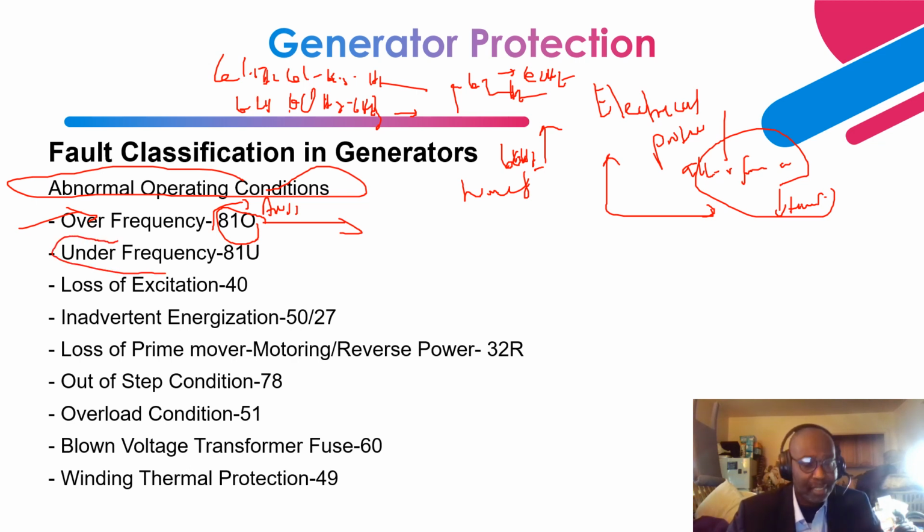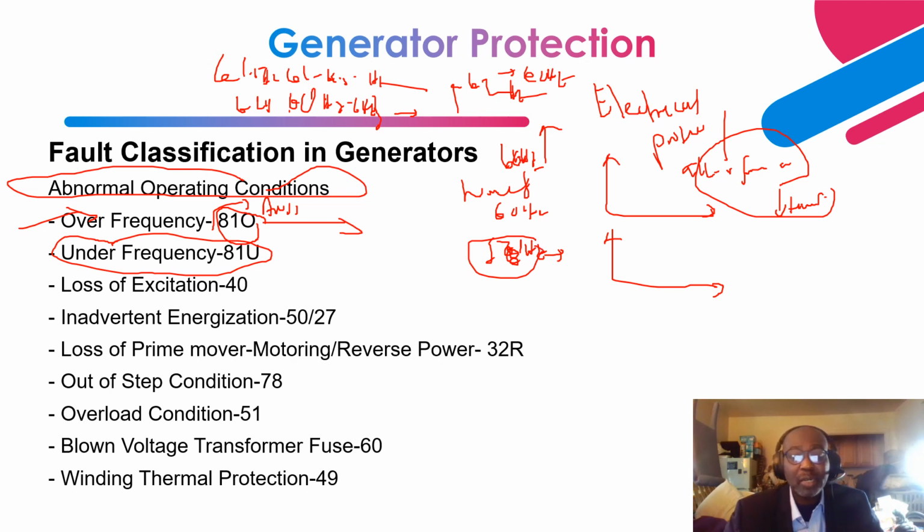Likewise, for the under frequency element, the turbine generator manufacturer will provide you similar charts that spell out the allowable, permissible under frequency operation. Let's say the allowable set point for the under frequency element is 58 hertz, if you have a generator that is operating at a nominal frequency of 60 hertz. So this is the set point at which the turbine generator manufacturer will tell you that you need to trip